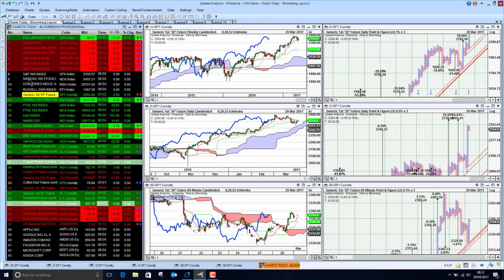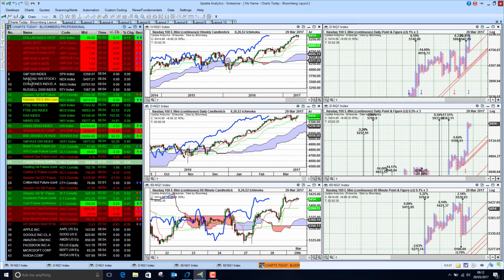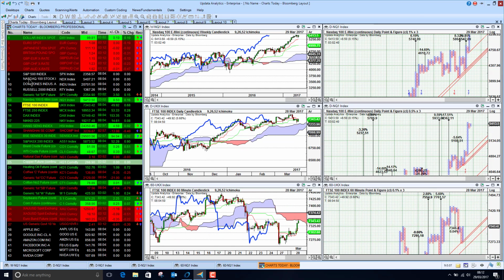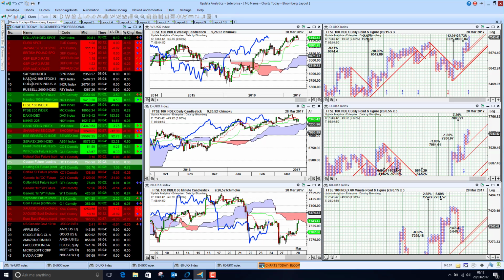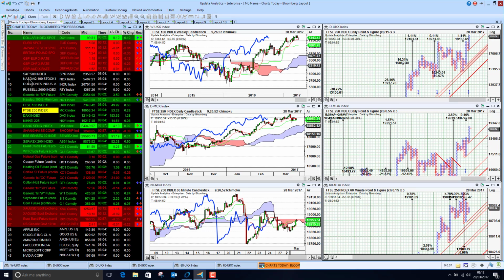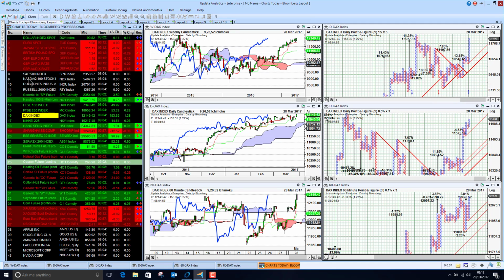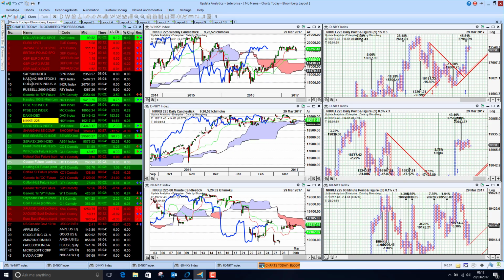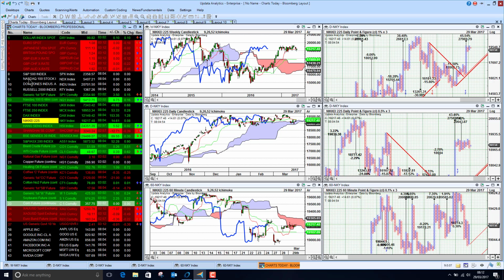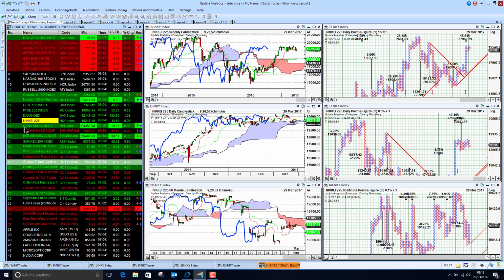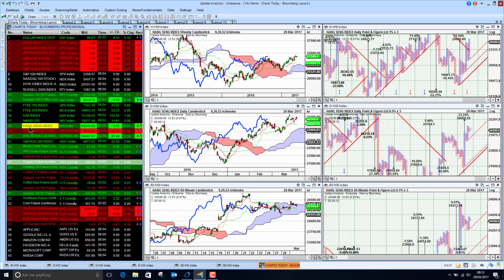Looking at the futures markets, they're up slightly this morning, so we might see the US open higher and taking us back into positive territory for this week. FTSE 100 up quite strongly this morning. We are still below the cloud there, and the FTSE 250 much the same. The DAX index rising above the cloud, and the Nikkei 225 much the same thing we're seeing here, rising above the cloud. So we still short term have to get through, and we need to break out of this sideways range, but that range is still there, and that's now really a 5-month range, so quite a thing for the Nikkei to break in the medium term.